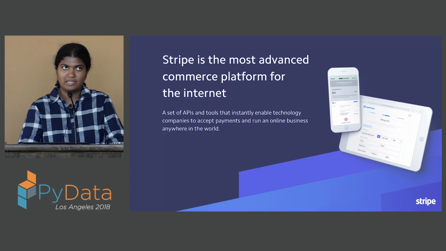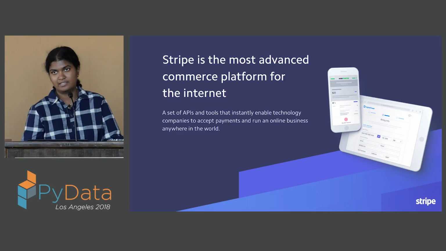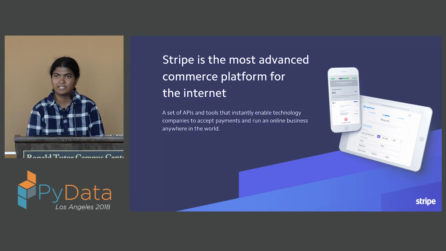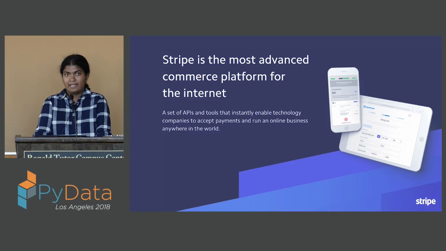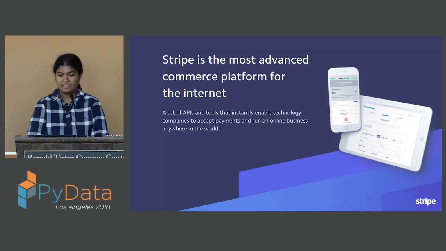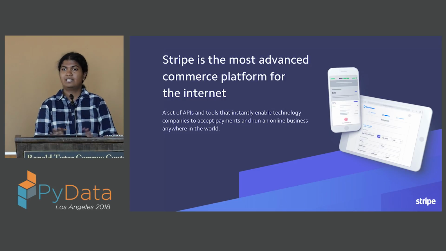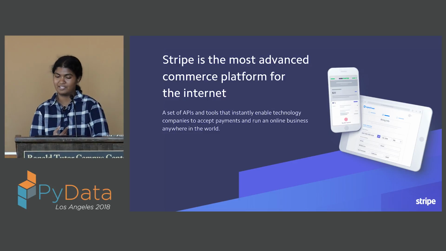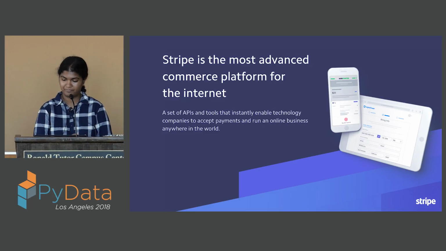What is Stripe? Stripe is a technology company that is trying to solve the problem of building and running an internet business anywhere in the world using technology. The bread and butter of our product is the ability for online businesses to accept payments very easily through extremely developer-friendly APIs. We offer a bunch of other tools related to the internet business space, but my work ties in directly to accepting payments.